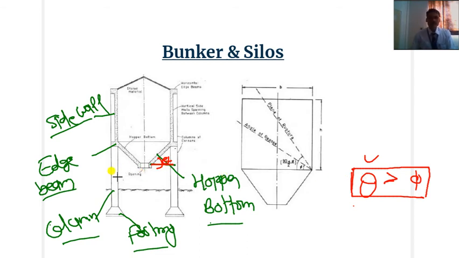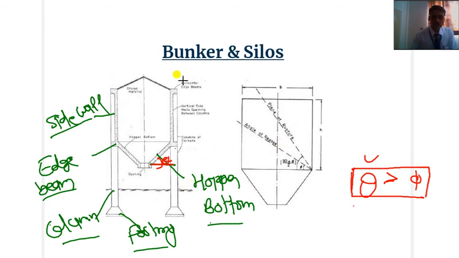Okay. And also the height of the base or height of the opening, that is the opening which is provided at the hopper bottom, the height of the opening from the ground level and the clearance between the columns should be such that a truck can easily move beneath the storage bin. That's why at the time of loading or removing the material from the storage bin, the truck can be easily loaded beneath the storage bins.